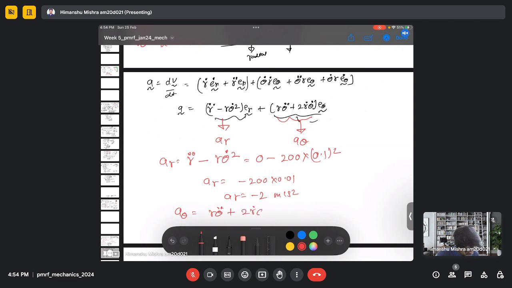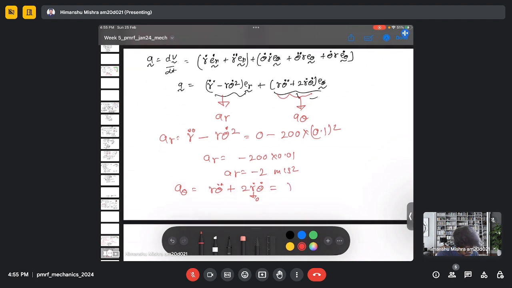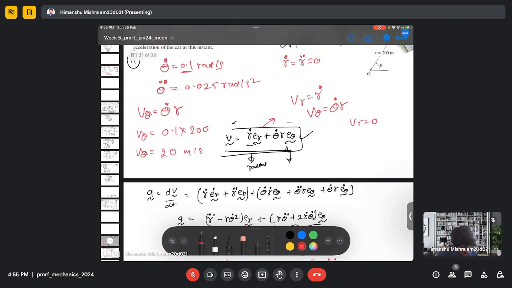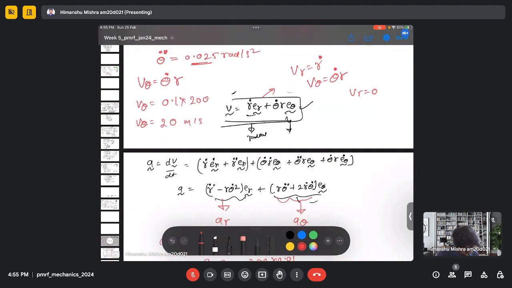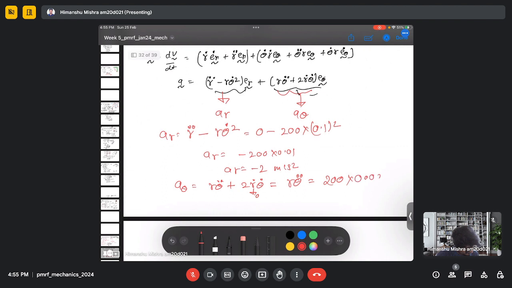and my a theta is r theta double dot plus 2 r dot theta dot. So this is 0 because r dot is 0, so it will be r theta double dot. r is 200 and theta double dot is 0.025. So my a theta is